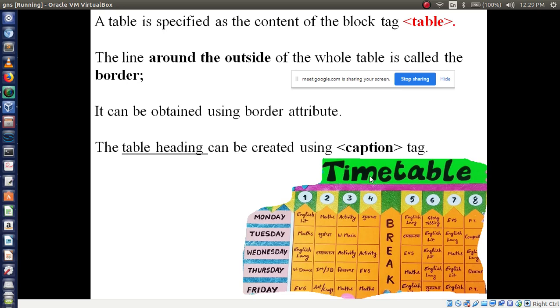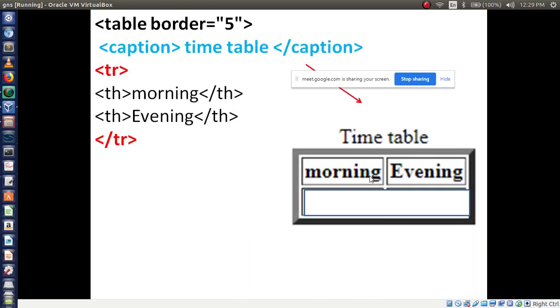So we'll see like this. Table border is equal to 5, so this border is going to display. Then here I am displaying timetable. To display like this above the table, we have to use the caption tag followed by table.